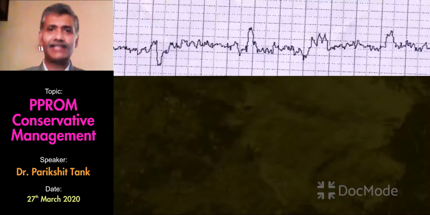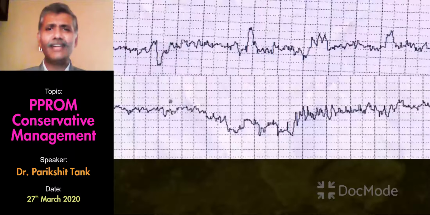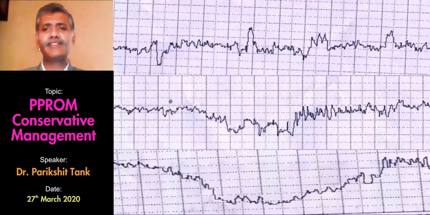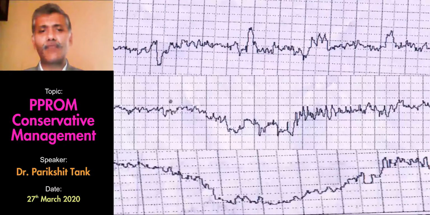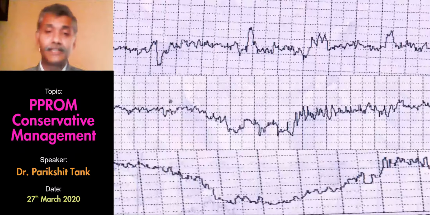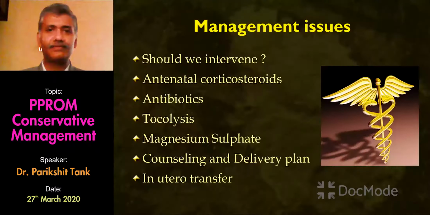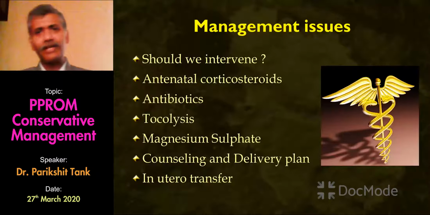So these are just examples. Here's the presentation. Here's the electronic fetal monitoring trace at presentation. The variability started slowing down and there was a small deceleration, but after some time it became a much wider deceleration and the variability reduced much further. So this is the kind of change that one might see when one is talking about the onset of fetal infection. So what management issues are there?